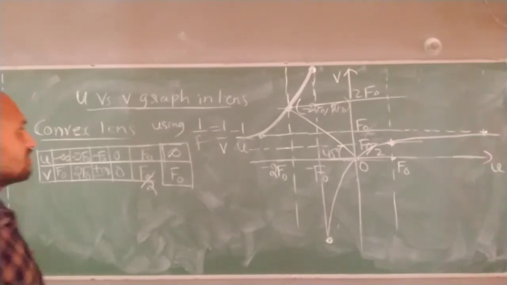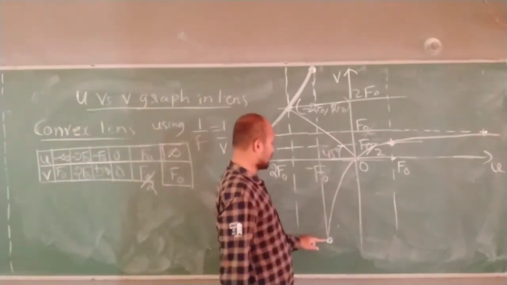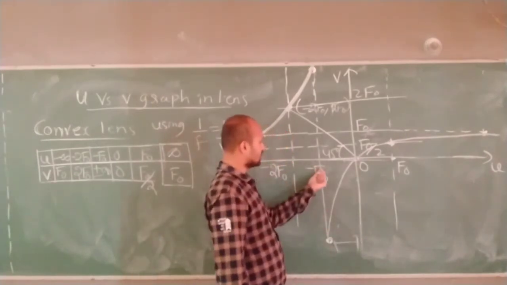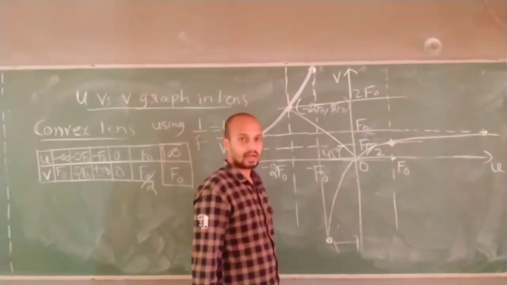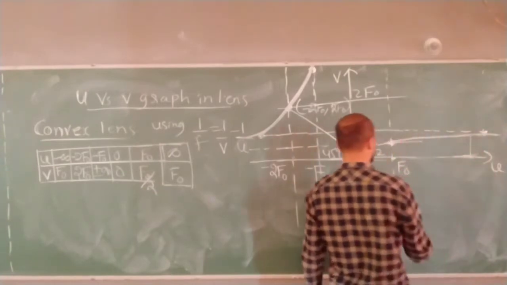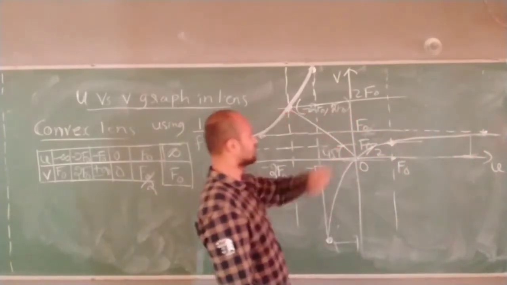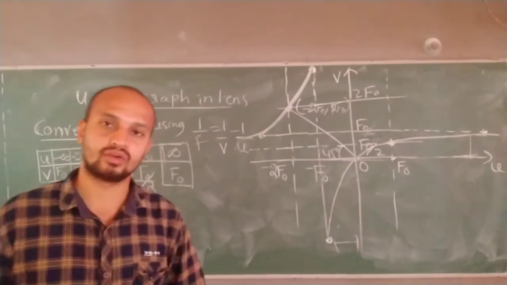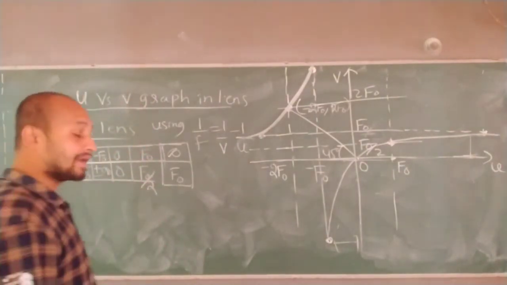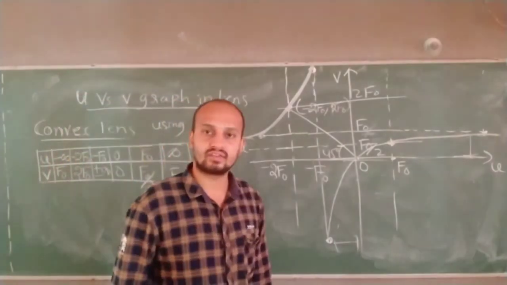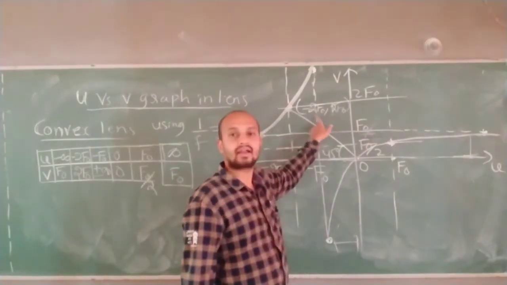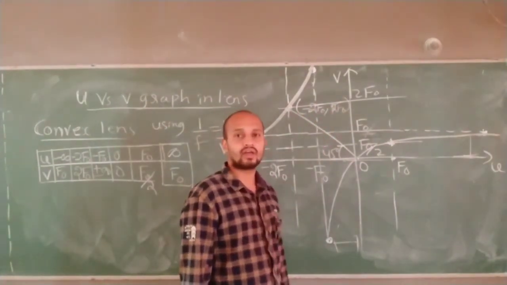And from this graph, what can we find, you can see. Correct now? This will go at f0. This will go at this one. They might give you this distance. If they give you this distance, this is also object distance. Here also, if they give you this distance, they are going to give you image distance, which is f0. Like this, you must know this graph very clearly. This is one way of determination of focal length of a lens using the graphical method. If you know the coordinates, you can determine the focal length of the lens.